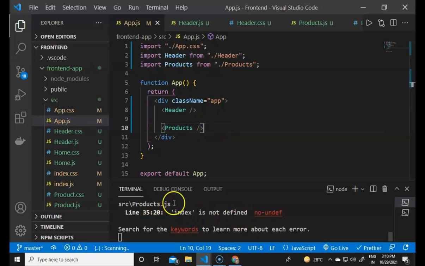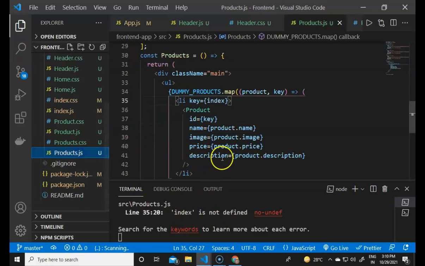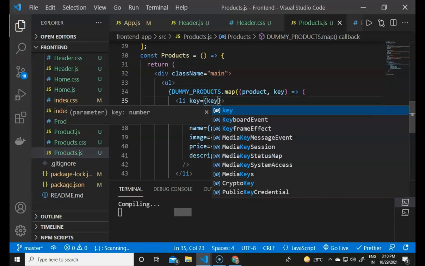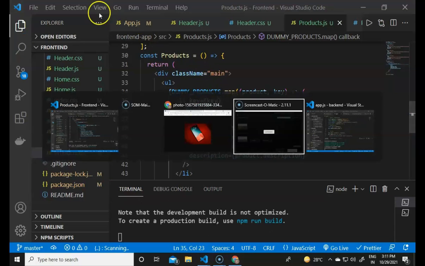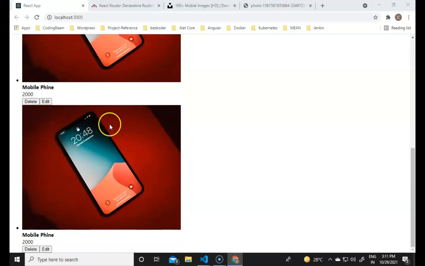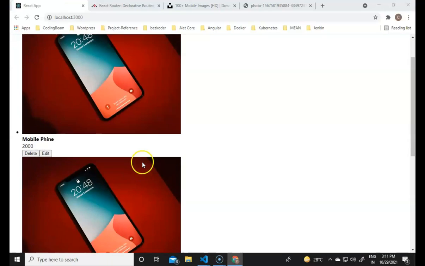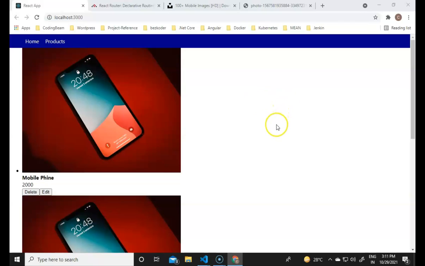The key will be equal to the key here. If I now save, then I should see all the products there. You will see the mobile phone, see. All the single product components are working now.